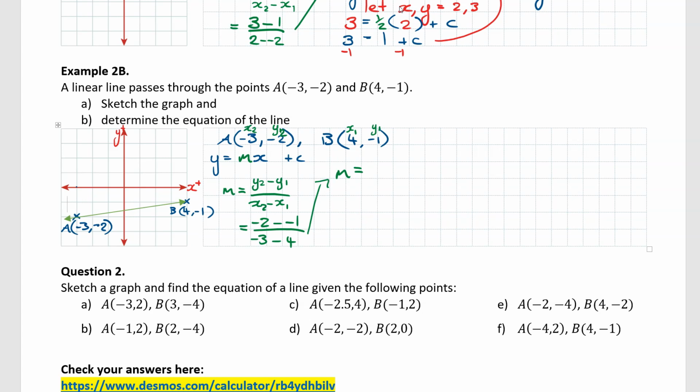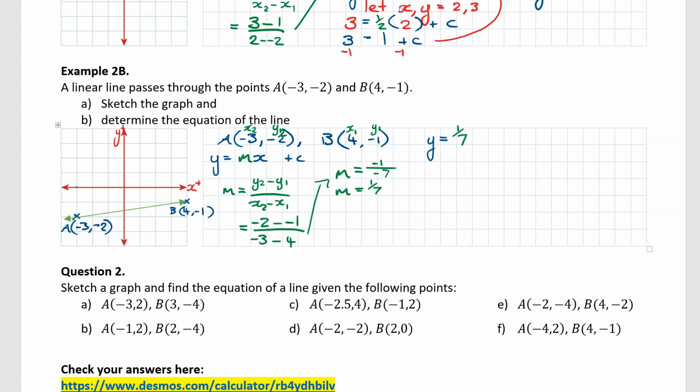M is going to equal -2 take -1, well, that becomes -2 plus 1, which then becomes -1, all over -3 minus 4, and then it's -7. So therefore our value of m is going to be positive a seventh, which is a little bit messy because that's not a rational number. So what we end up with is y equals